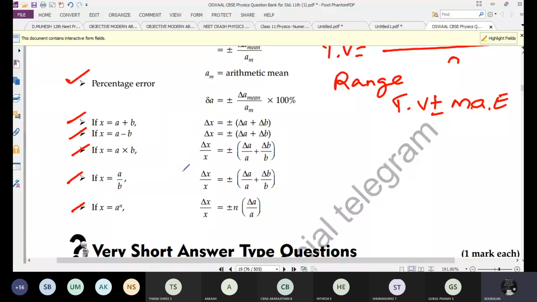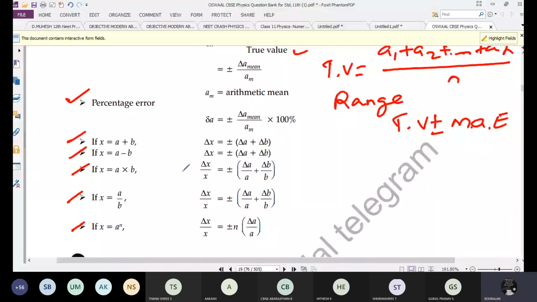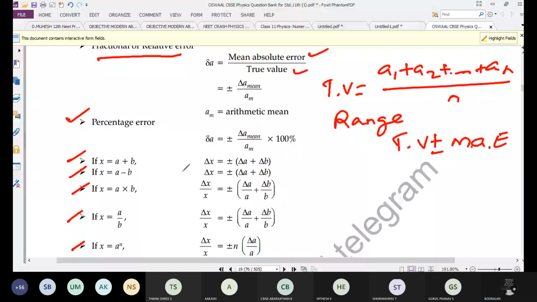So how to use del A? What is del A? What is A? What is X? Like that, any question from your side? Today I will share the notes with you. Okay.